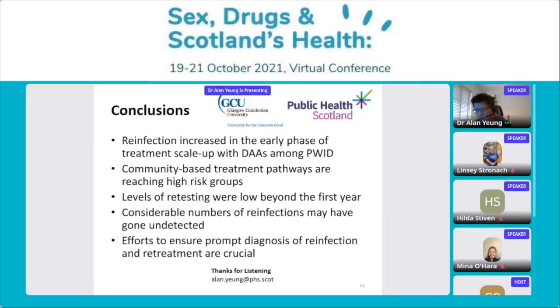actually achieve elimination. We also know from previous modelling studies that with a rapid scale-up in treatment, which there has been in some parts of Scotland, we can expect there to be more reinfection initially, partly because there's just going to be more opportunity for reinfection to appear with more people being treated. But we do expect this to come down over time, and we'll have to follow up this study with further reinfection studies to confirm that. But an encouraging fact is that we've got data from things like the NESSE study to show us that the prevalence of Hep C is coming down in places like Tayside with the treatment as prevention strategy that